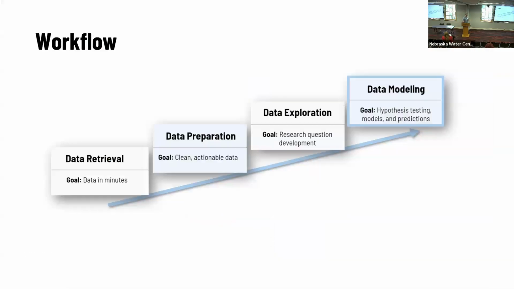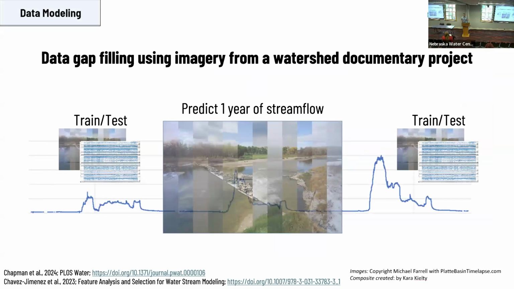That can actually be used to model things. We have our demo project that we did and it's published. That was kind of a precursor to Grime AI. And in this case, we used plant-based and time-lapse imagery at the North Platte Weir on the western edge of the project. And what we did is we took imagery and actual stage and discharge data from a time period